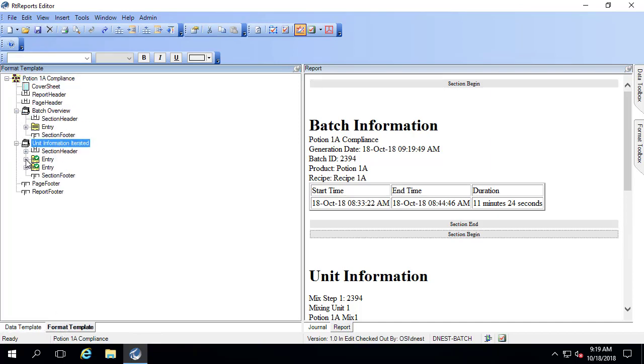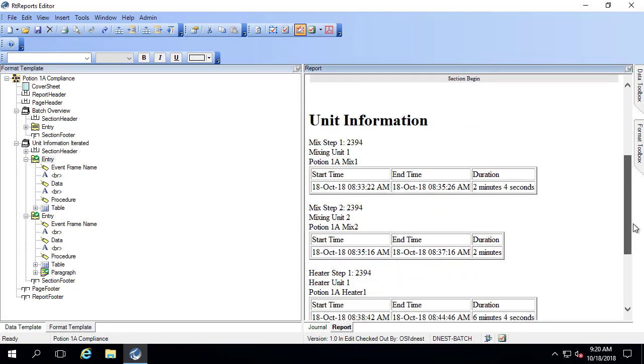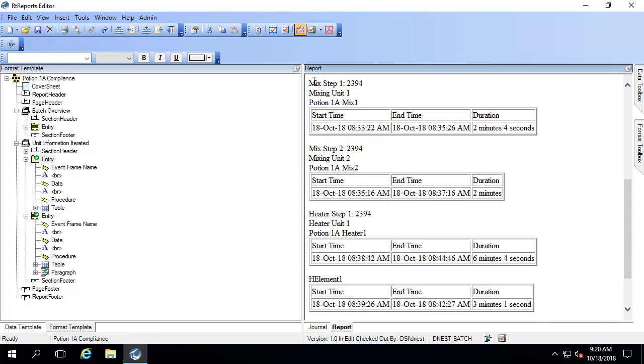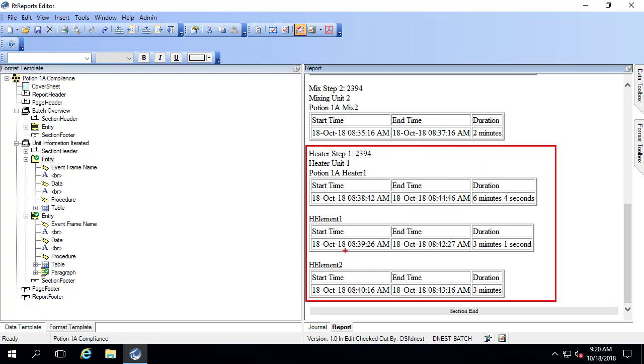So for the current status of the report, we have the batch overview section, which corresponds to all of this. And then we have these other sections. The first entry here, which is iterated on, is what brings in these first mixing steps. This second entry section, as a reminder, is what brings in all of the heater information. And these two heater elements that are here show up because of this paragraph section that's iterated to go over